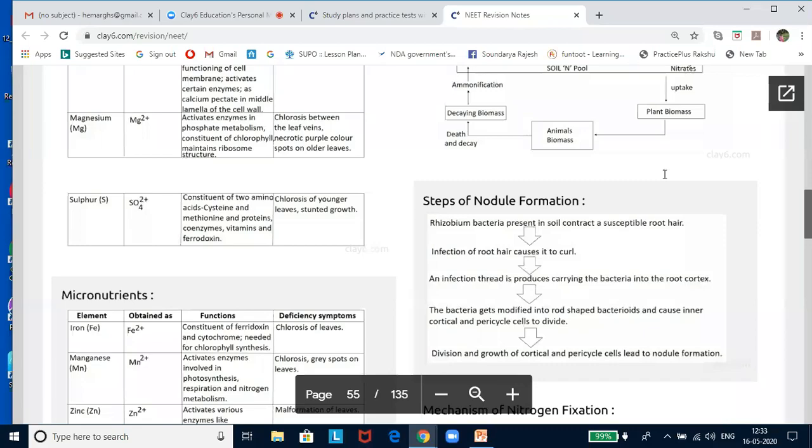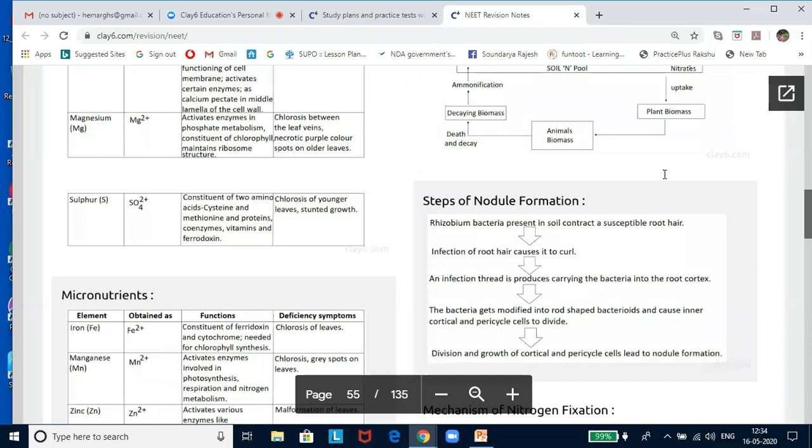Now, symbiotic nitrogen fixation. The examples of symbiotic biological nitrogen-fixing associations are species of Rhizobium, which has a relationship with the roots of several legumes such as sweet clover, sweet pea, lentils, garden pea, etc. And the microbe Frankia also produces nitrogen-fixing nodules on the roots of non-leguminous plants. The presence of leguminous hemoglobin, or leghemoglobin, makes the nodules pink in color.